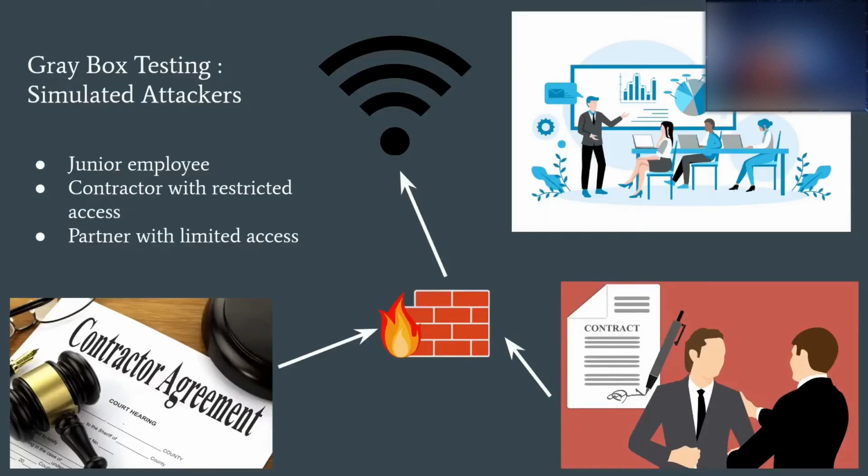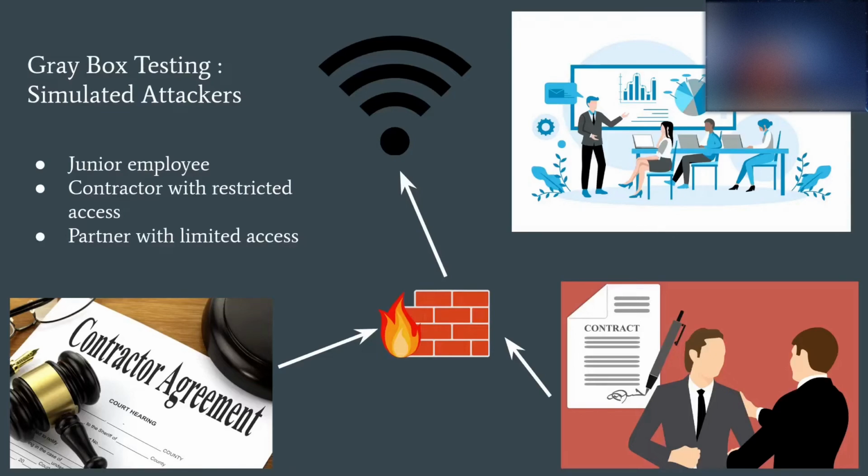Gray box testing is a combination of black and white box testing. This means that the attacker may have access to or knowledge of certain systems, but their access is restricted somehow. Examples of attackers with such privileges may include a junior employee, or a contractor with restricted access,